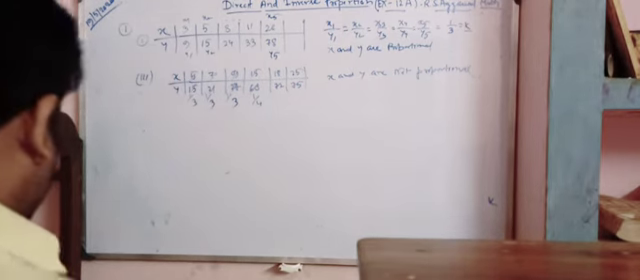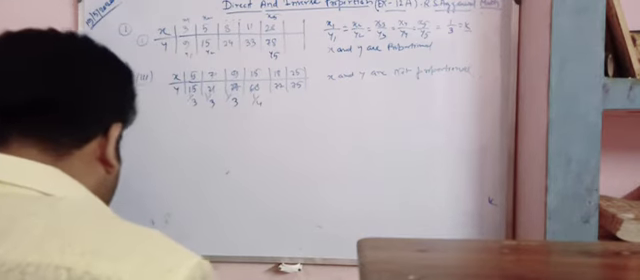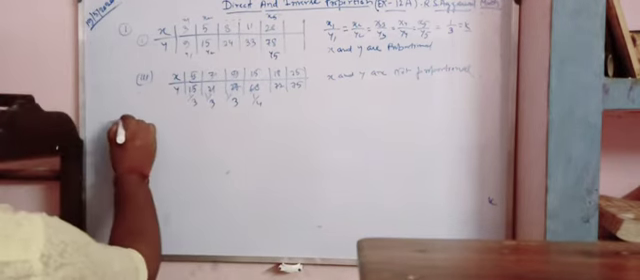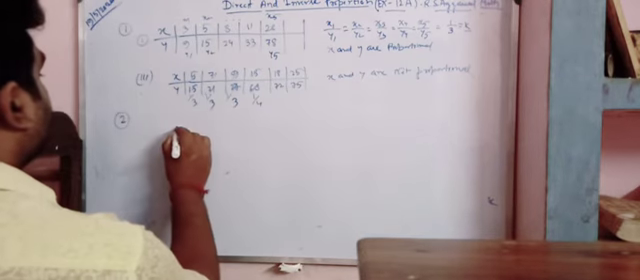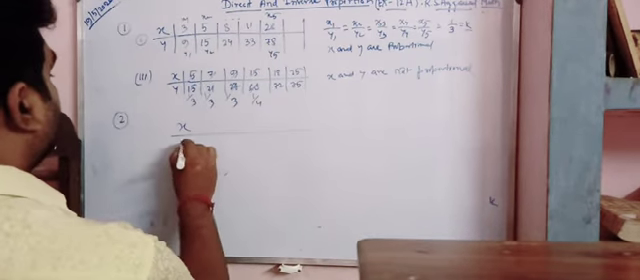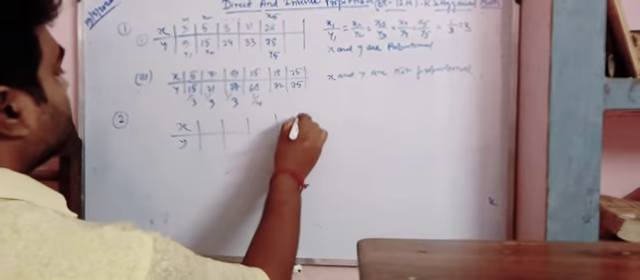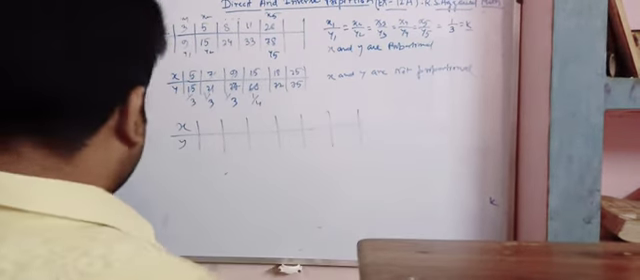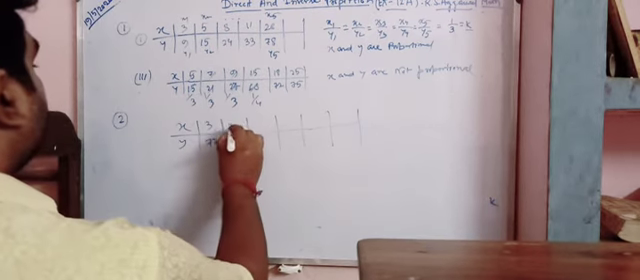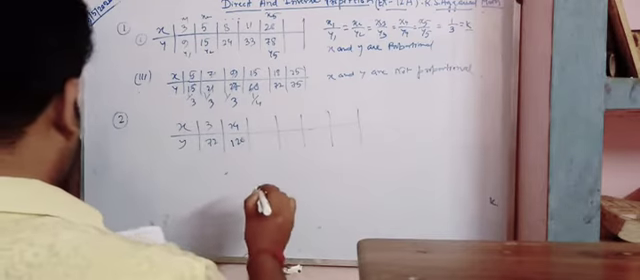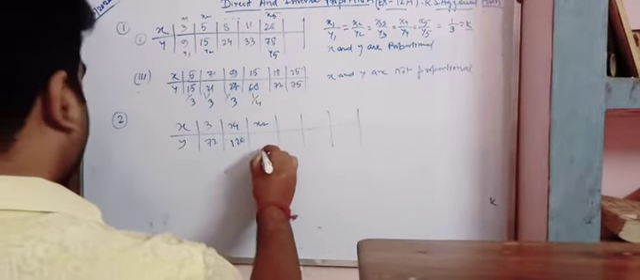Next, come to another question. Question number 2 of RS Agarwal EX12A. It is given that x and y are directly proportional. Find the value of x1, x2, y1. So for that, x and y are given. 3 by 72, this is x1 by 120, x2 by 192,